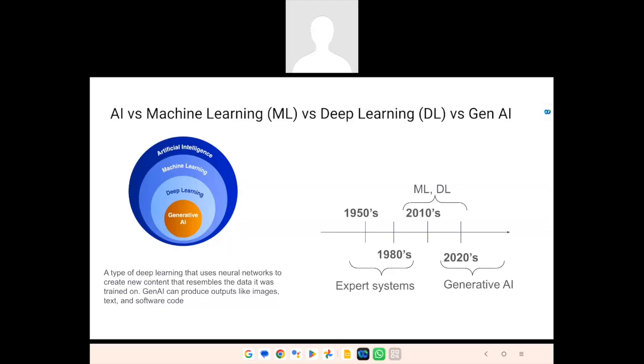Slowly things were changing. We had the hardware, we had the internet, we had the data. Then we started ML and DL algorithms in 2010. Around 2014 to 15, computer vision was so popular. There were a lot of jobs in computer vision in the period of 2014 to 2018, I would say.